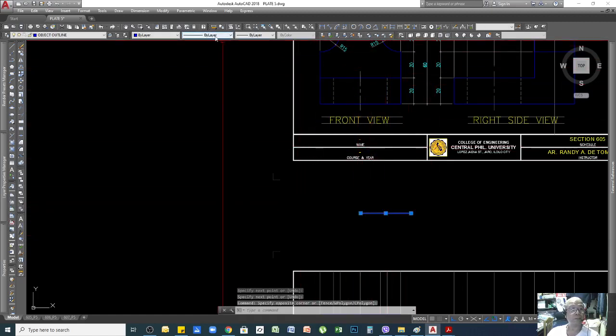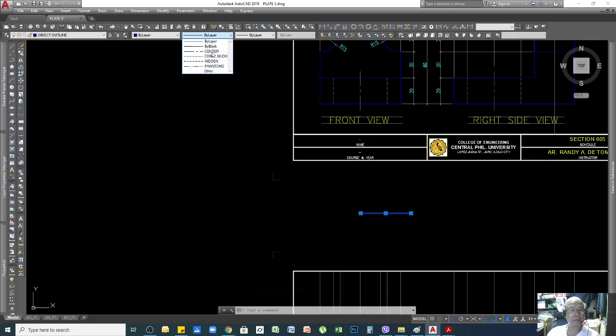All you need to do is go here. So if you cannot find the line type that you are looking for, for example, you cannot see the hidden line here, you can just click other. All right. So just do it that way, because mine, I already downloaded, sorry, added this type of line, so it is available already. But if not, as I said,